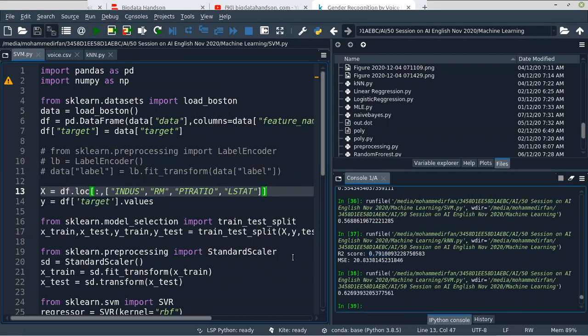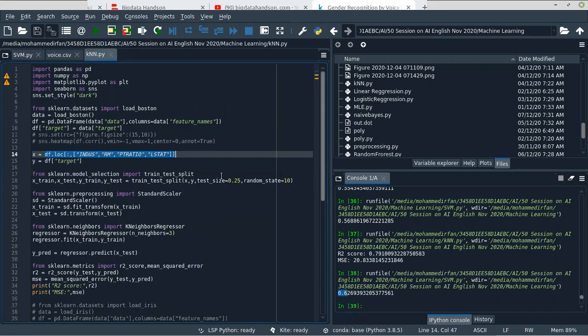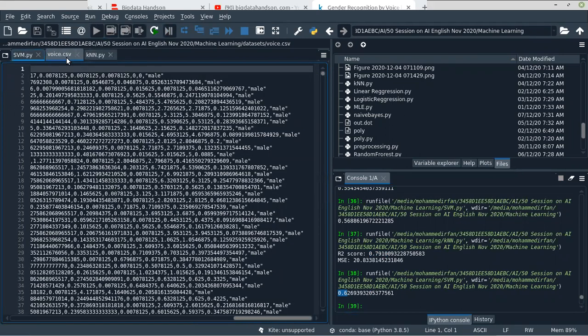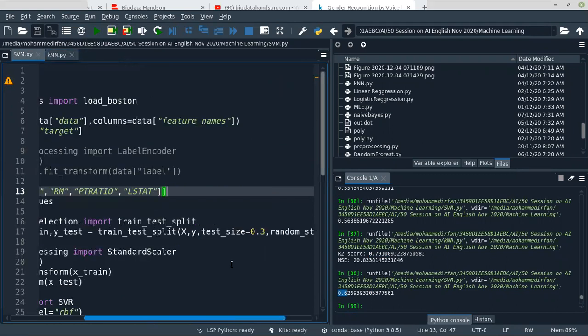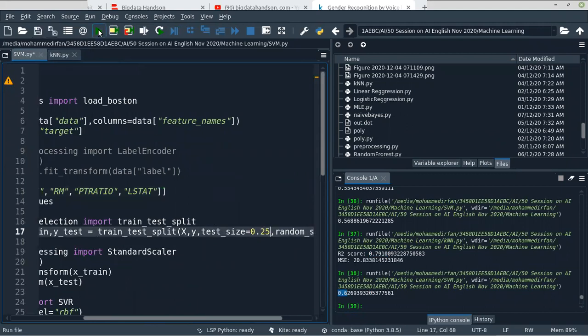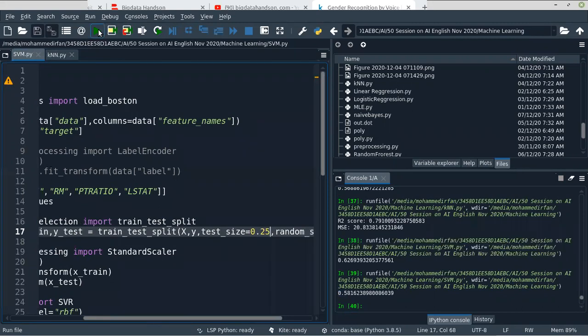Oh, now it's increasing, 0.62. Let's give the same configuration that we did here, 0.25 test size and random state 10. Okay, let's try that. Yeah, no, it's not working.